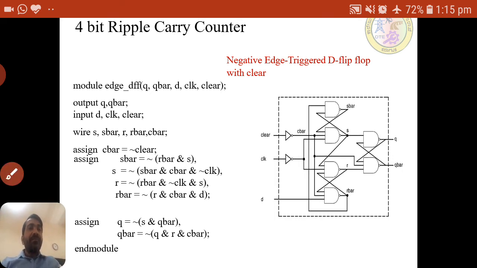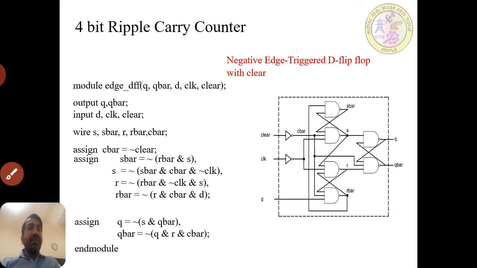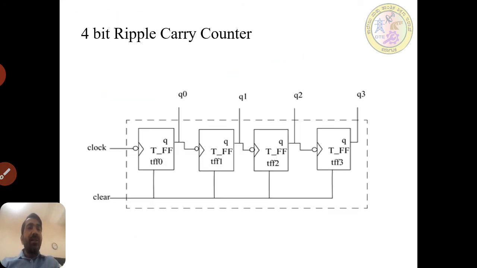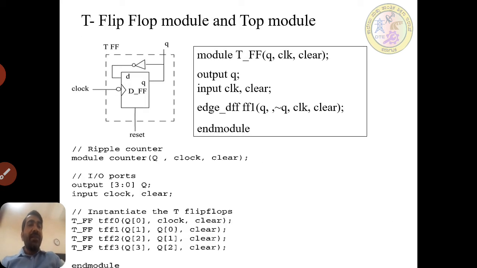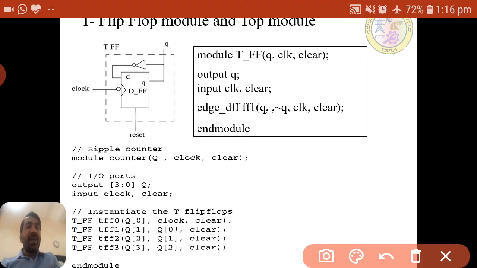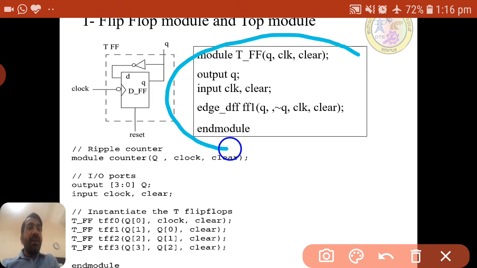Now this is while implementing the counter. So one T flip flop is over; this is the one T flip flop code. Like previously in one of the examples, while seeing the 4-bit full adder, we saw the 1-bit full adder code and then instantiated it 4 times. Similarly, in the same manner we have written the code for one T flip flop.